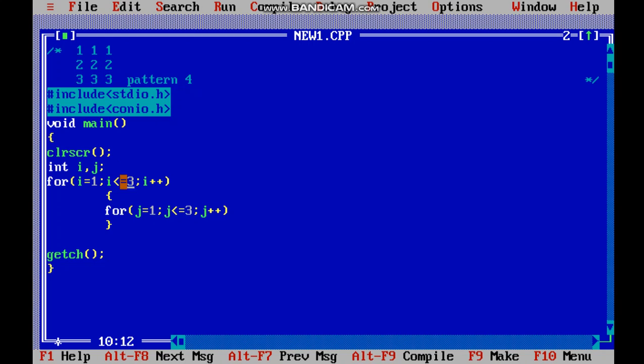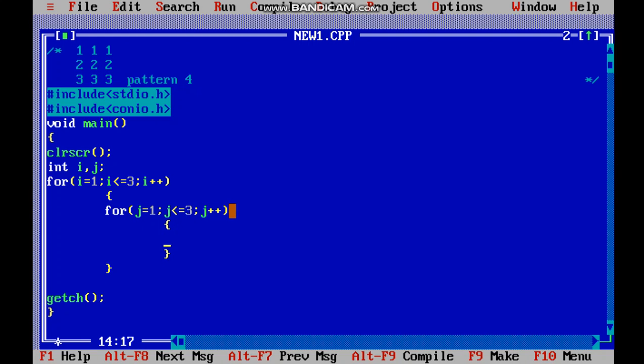Or we could have used this one: i equal to 1, i less than 4, i plus plus, because 3 is less than 4, which is the last limit, and again less than or equal to 3 is the same. When i is 3, it will run for i itself. So why we have changed our initialization, we will understand very well.